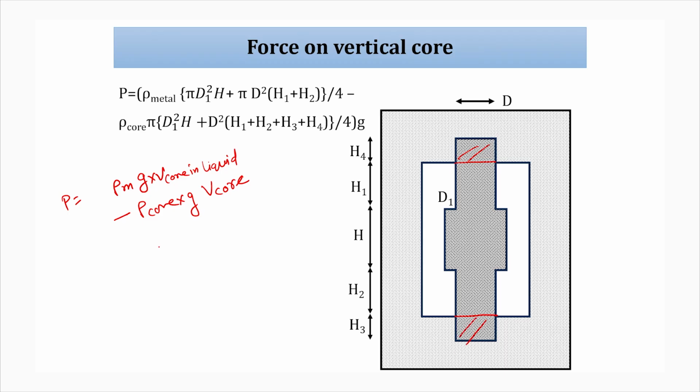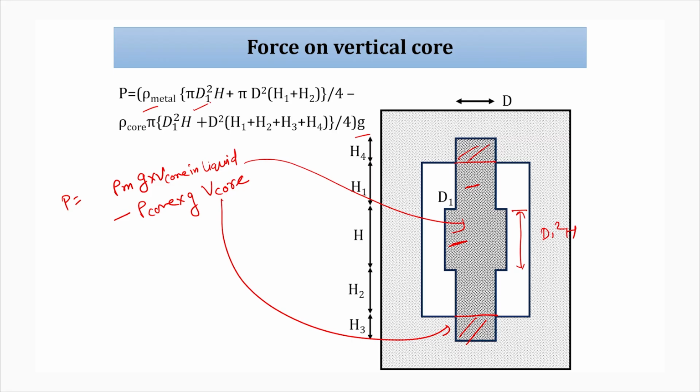So V core will take this and V will be taken by this for the buoyant force. So what is the value? Rho m, g taken common, pi by 4 d1 square into h, this volume, pi by 4 d square into h1,